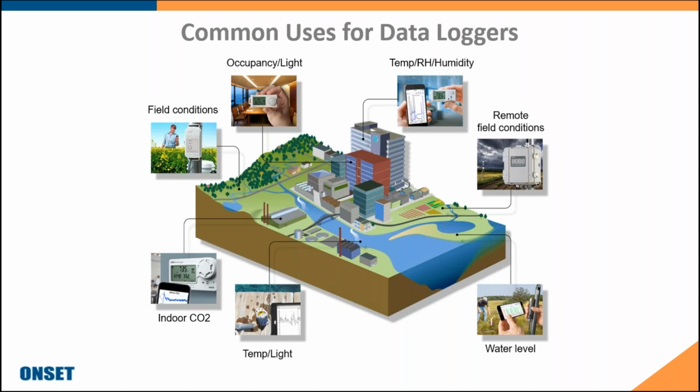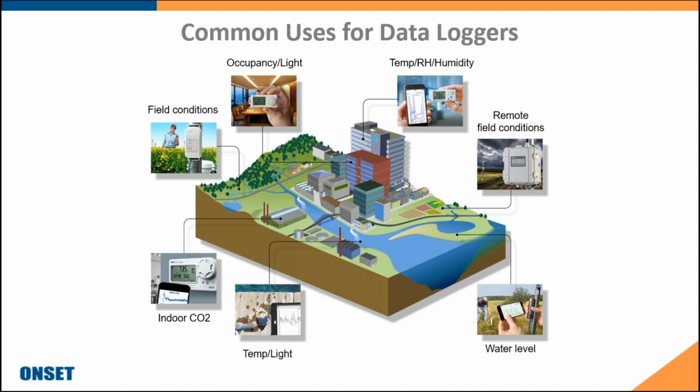We also offer indoor CO2, temperature and relative humidity monitoring data loggers, which may be beneficial in a factory or warehousing application. Also for factory monitoring, we have water temperature and light data loggers. So if you work in a production facility where you're discharging treated water and you need to verify that the water you're putting back into the stream or body of water is within an acceptable temperature range, we have solutions